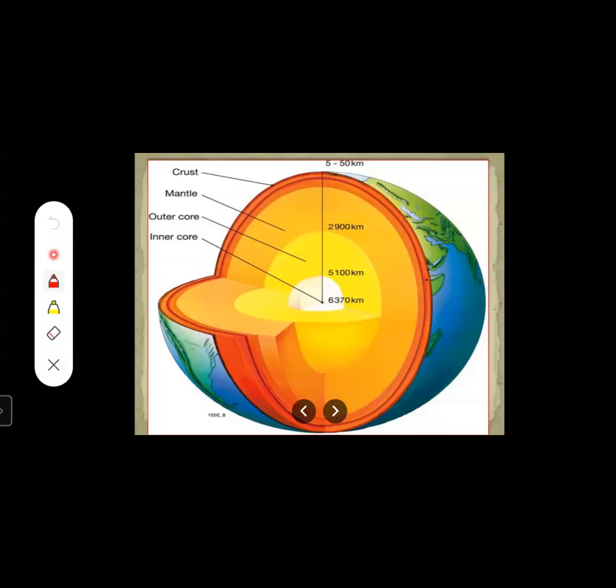So here the first point tells us about, here you can see on your screen there is an image of Earth, student. It's showing the interior of the Earth. Yes. Now here you can see the interior of the Earth is divided in 4 parts. Yes. The first, here you can see the inner core, outer core, mantle, and the crust. These are the 4 main layers which are being divided. Yes. The Earth is divided into this